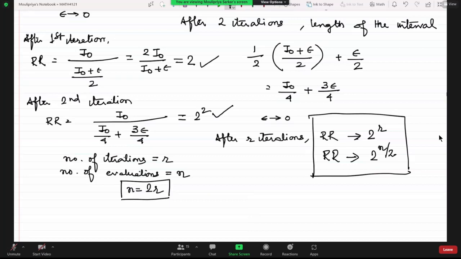We still have 10 minutes left. Should we start with the first part of a particular problem pertaining to dichotomous search? What do you say? Or we will start with the problem after your internals get over? Ma'am, after internals.